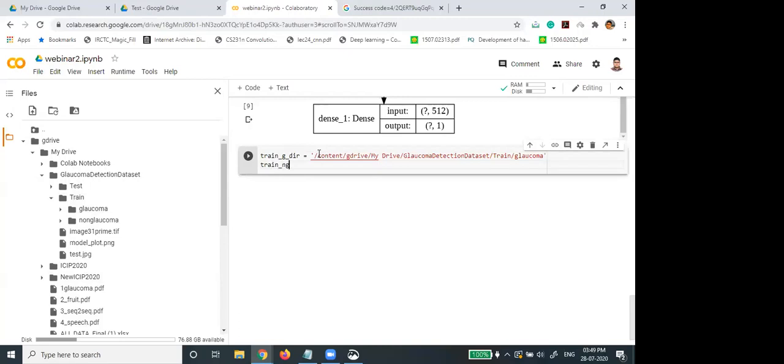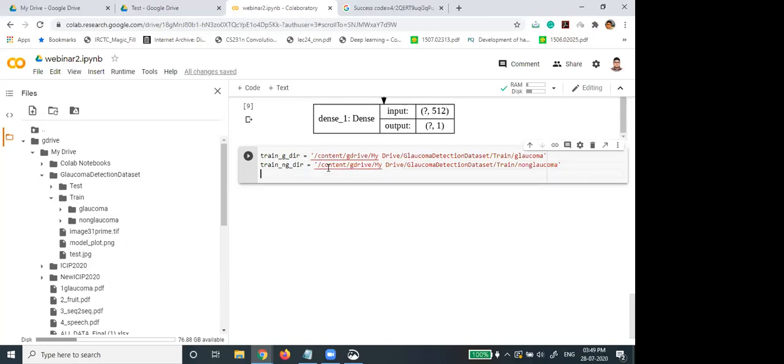Train non-glaucoma, ngdir. Again I am copying that part. Non-glaucoma, then test.